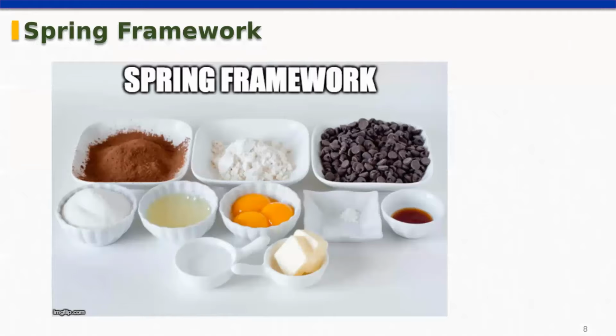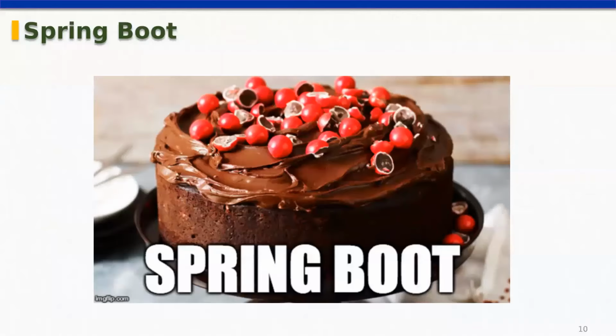On top of it, I want to create one wrapper so that I just configure a little bit, not that much. I want that application to be executed within no time. That type of wrapper is nothing but Spring Boot. If you look at the Spring framework, we have the raw materials as different modules. So now come to Spring Boot.